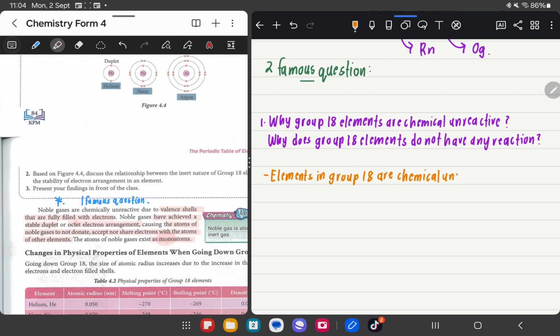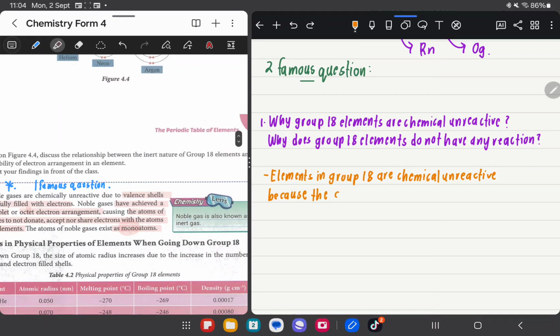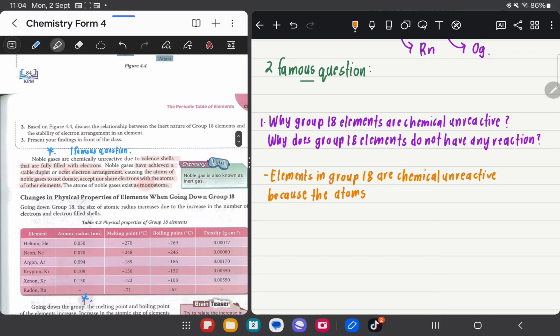Unreactive because the atoms of group 18 elements have achieved